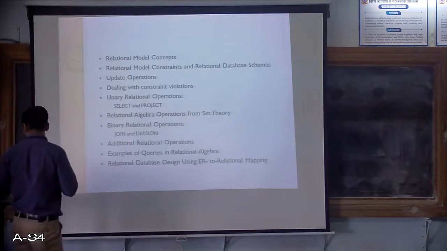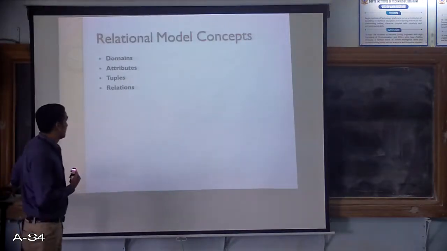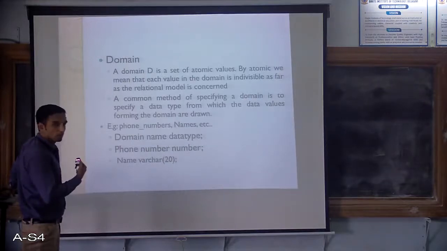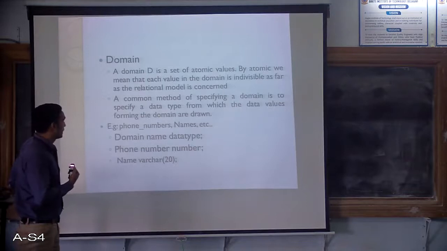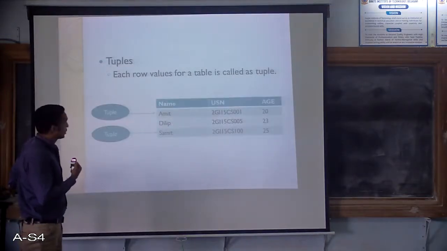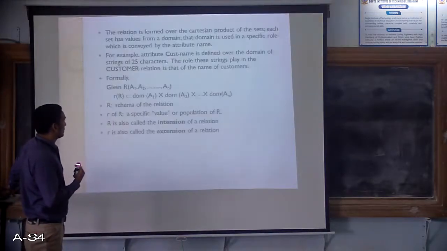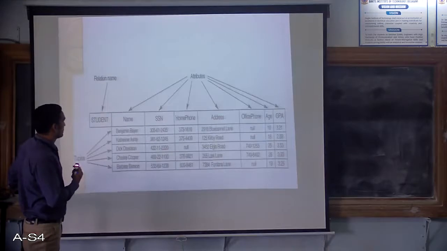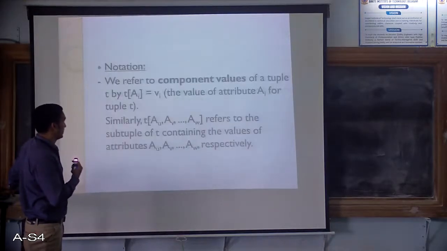In the previous class we covered what is domain, attribute, tuple, relation. Just to give a brief overview, domain is nothing but the atomic values we give for the attributes. Attribute naming conventions, tuples are nothing but the rows, relation is nothing but the table, and all this we had studied in the previous class. The informal terms and the characteristics, which were very important, we studied.